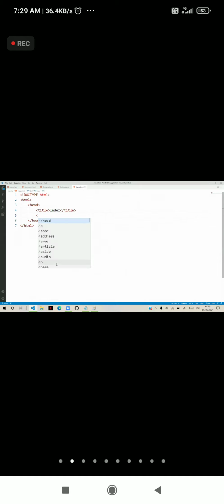And here we have link rel equal to stylesheet, href equal to fonts CSS all.css. And in the body section, I am designing a div with a class as container.